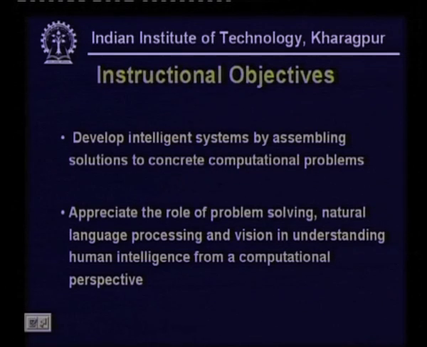You will learn how to develop intelligent systems by assembling solutions to concrete computational problems. The way we will do it is we will look at the different components of intelligence, and for each of these we will discuss ways of solving these problems, and then depending on the functionality of the system that you wish to construct or engineer,